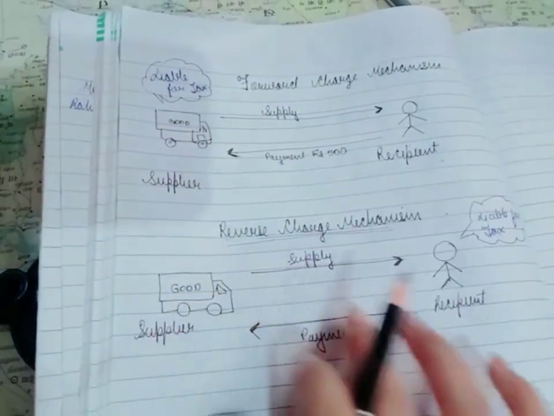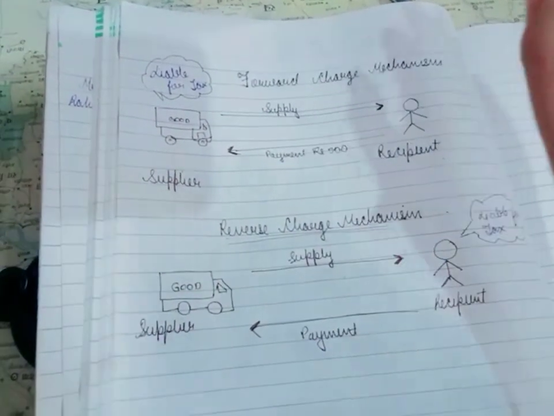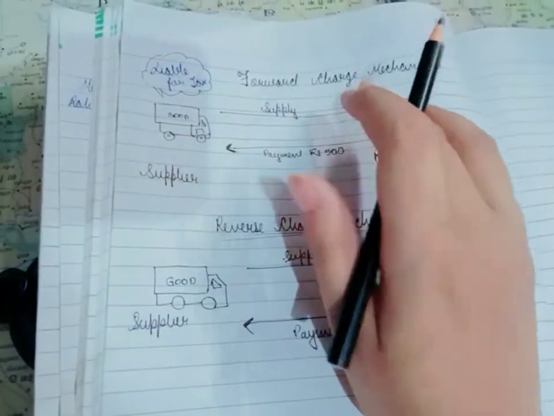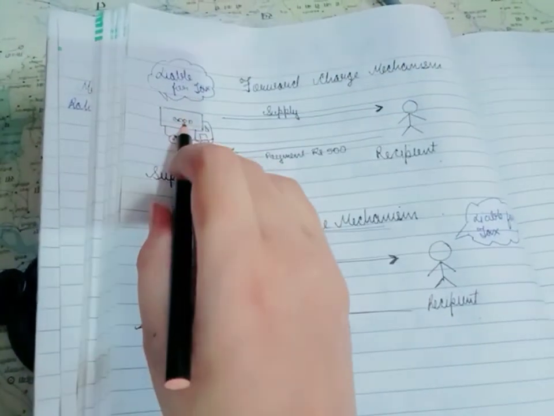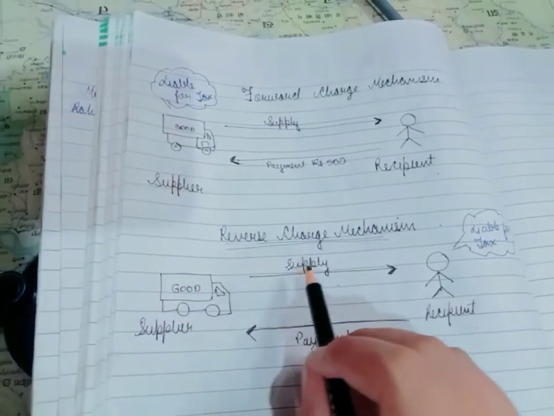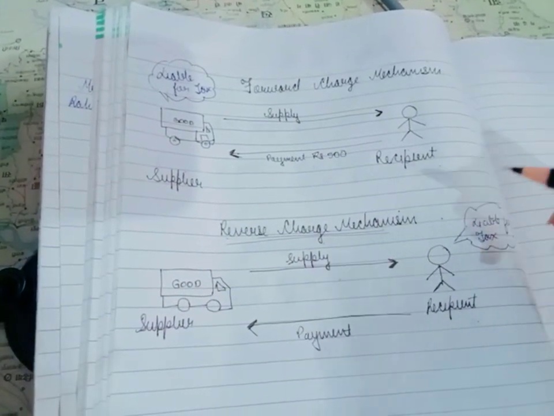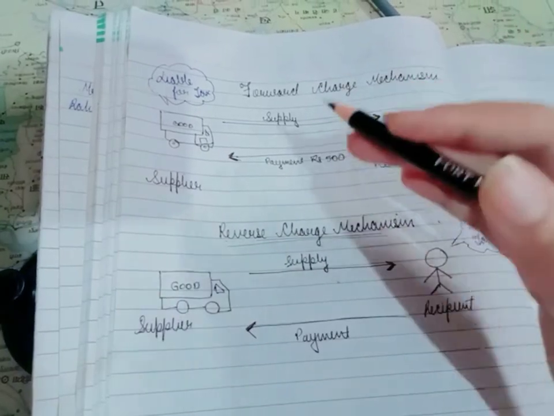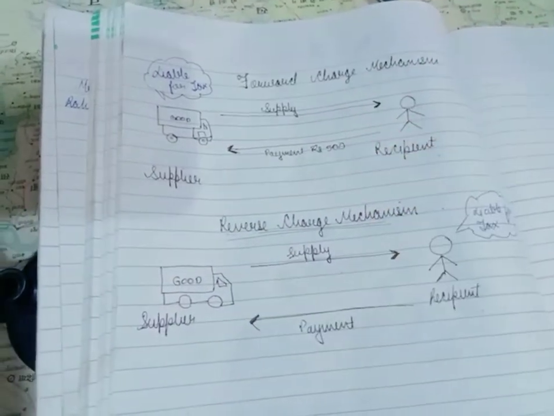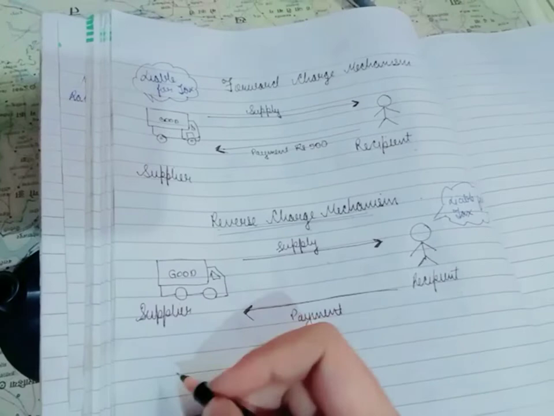Summing up the entire thing in a single line: in forward charge mechanism the supplier is liable to pay the tax, and in reverse charge mechanism the recipient is liable to pay the taxes and for the entire compliance of GST. Now, let's see what's there in section